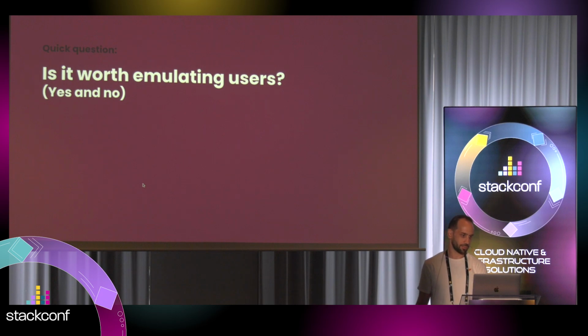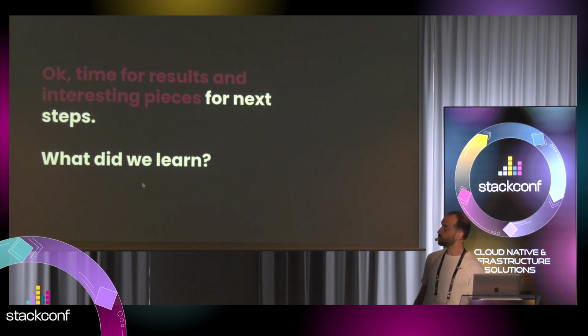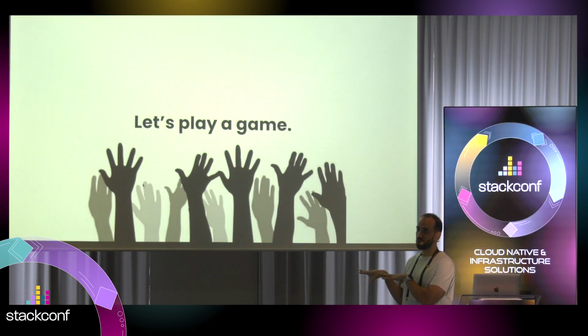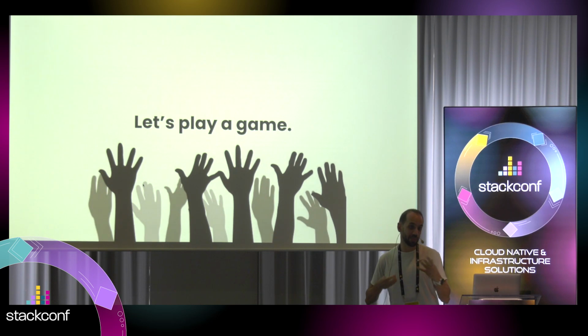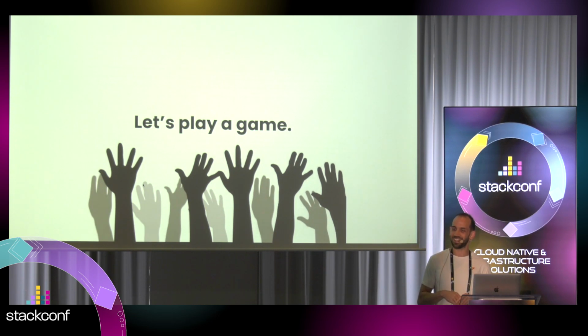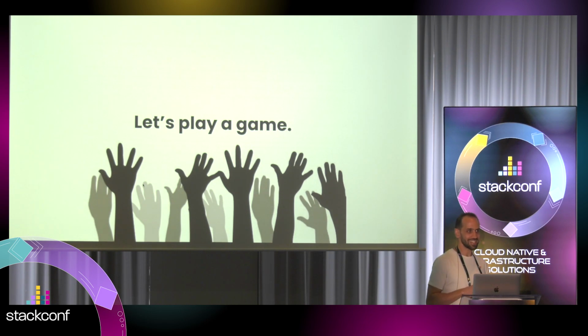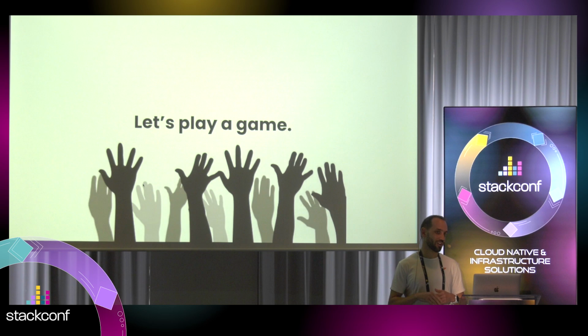And as we're getting close to the end, let's have the results, an interesting piece of information. What did we learn out of this? So, introducing the results, let's play a game. Let's say everyone here is a GWI engineer, and we are very passionate about what we're doing. We think that we have very good observability standards. We know our stuff. We feel confident that things will fall into place. I will ask a few questions. Raise your left hand if you think it's A, or your right arm if you think it's B. And then let's discuss our results.